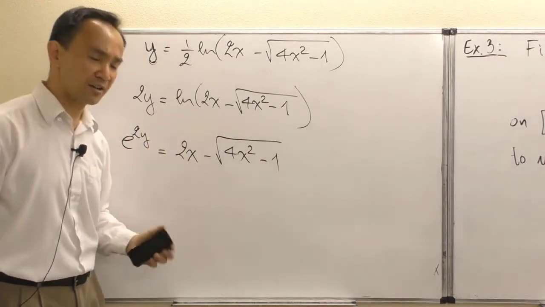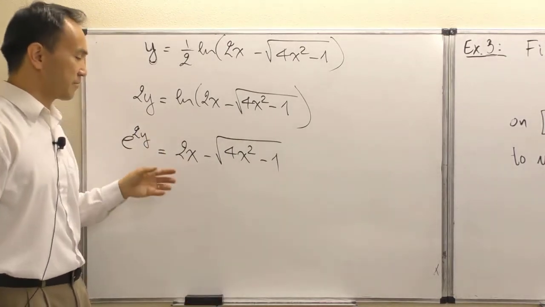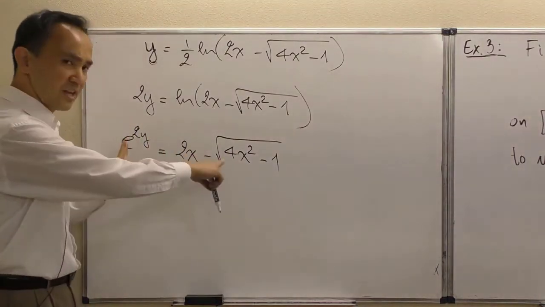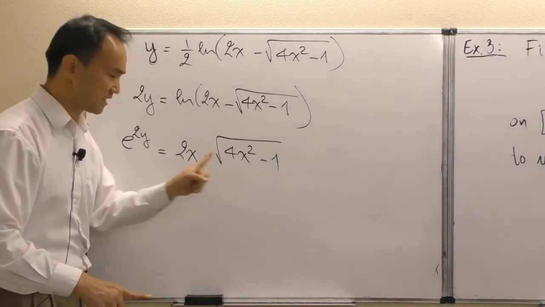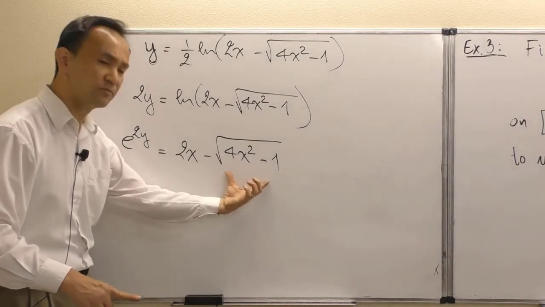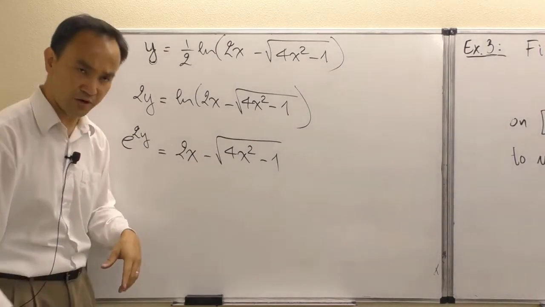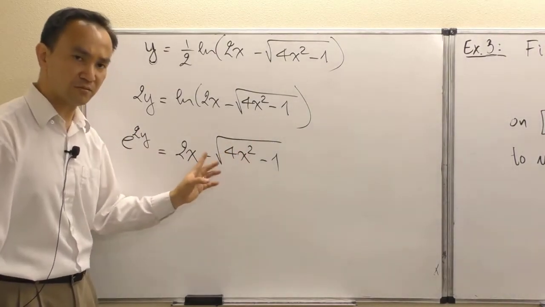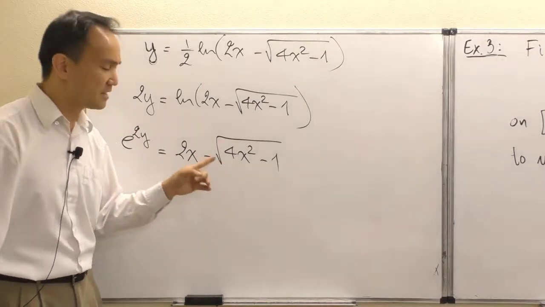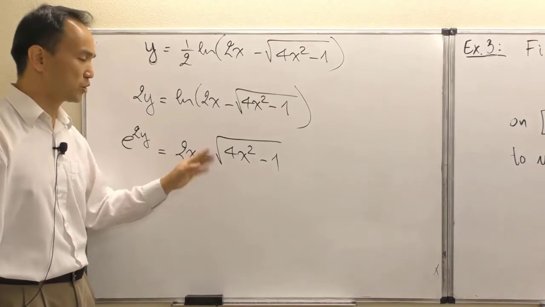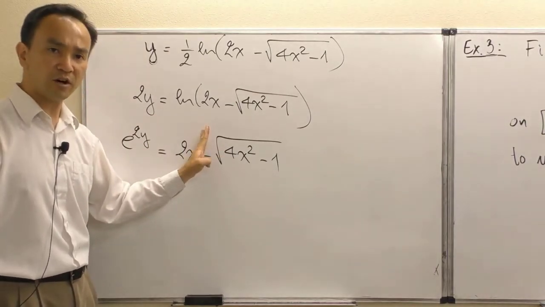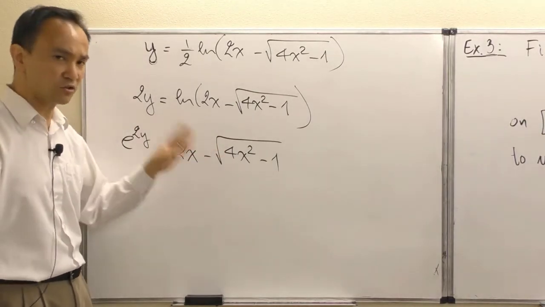So this is what I'm doing right here. I'm going to rearrange this same equation so that the square root stands by itself. Because otherwise right now there are two terms. One term is with the square root, the other term is non-square root. So squaring both sides is going to make it more complicated. So I want you to simply rearrange this current equation to the form where the square root stands as one term on its own on one side,